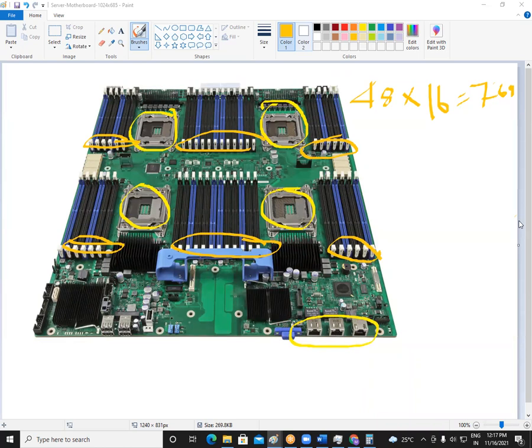Okay. So server is a machine where many things are running, many services are running. It can be used for the virtualization purpose. What is virtualization? We will see in coming sessions. But server is a machine where many things are working. So server RAM will be more compared to a computer or a laptop. In server, we will have many processors and many NIC cards compared to a computer or a laptop.